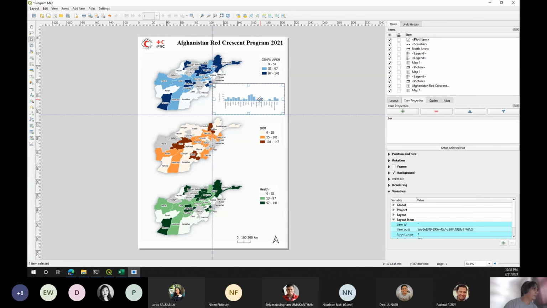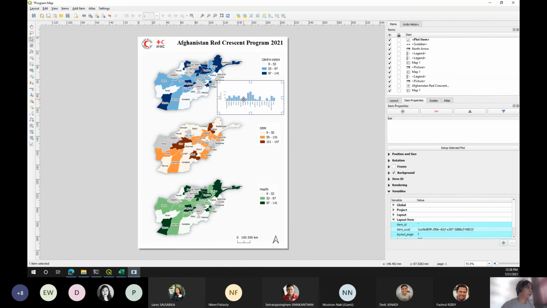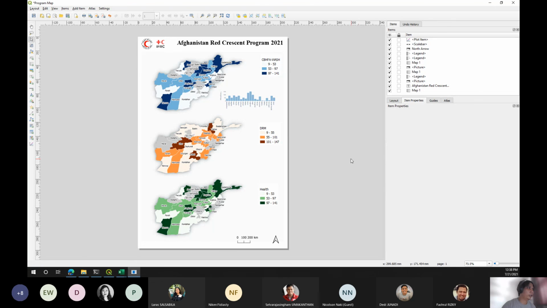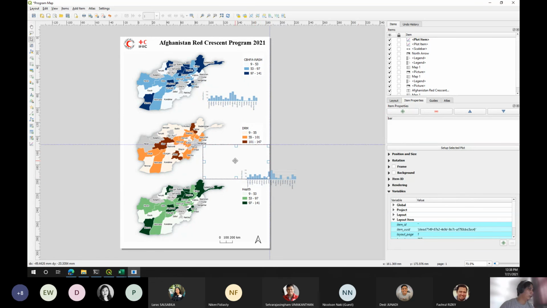If you want to enrich the map, there are plenty of other things that we can add to the map. For example, this is just one example to add some plot of our data. Okay, the background, I need to uncheck this one. There you go. And Control C, Control V,